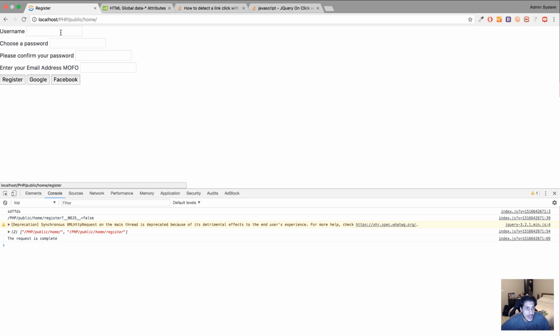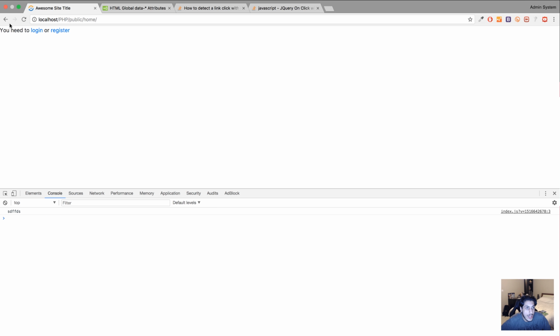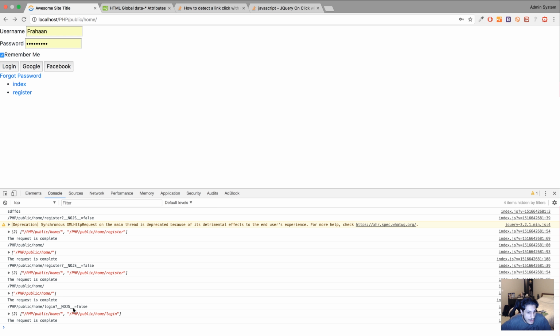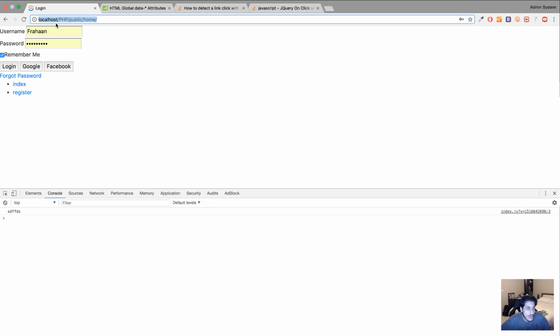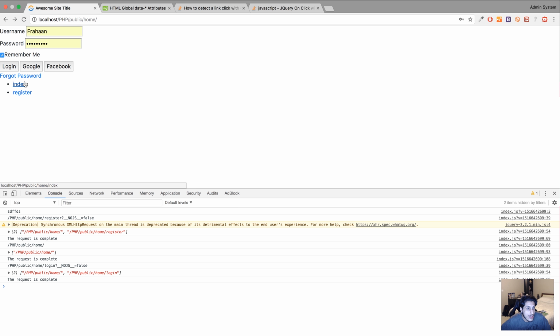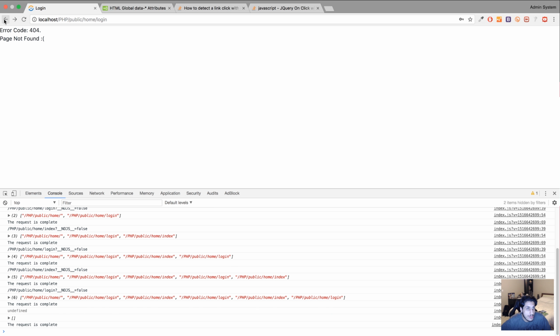Okay, let's have a look again. So if I click register, click back, click register, click back, click login, click back. It's interesting. Okay, click register, click back. Click register, click back, click login. And then if I click back, theoretically this should be removed and I should go back to the home page, but it doesn't. What happens if I click register, back, login, index, login, index, login? Now we should be able to trace back through these. I think the request is incomplete in terms of